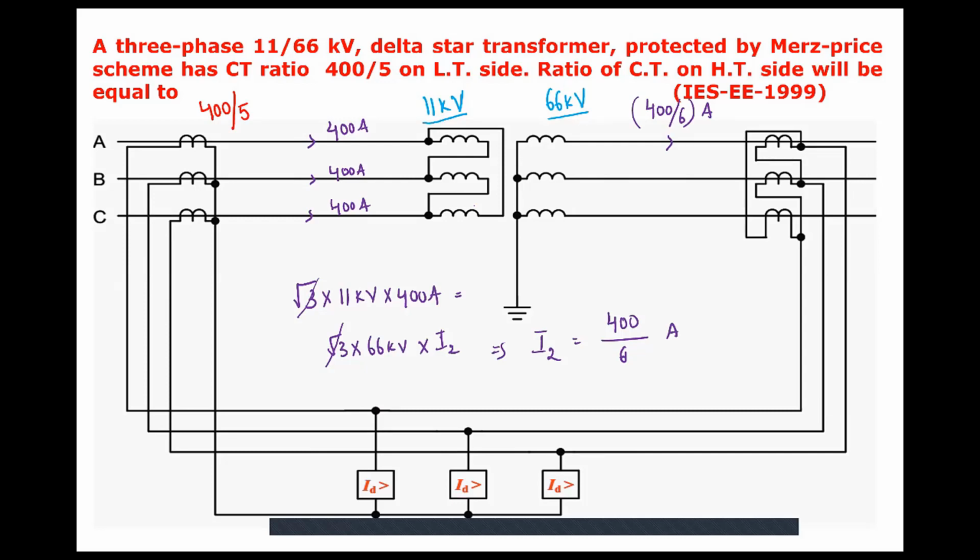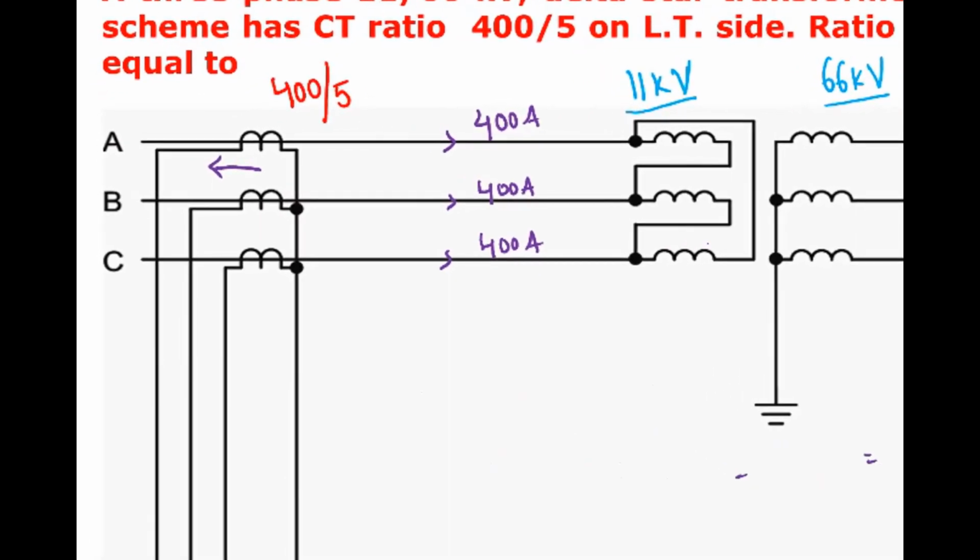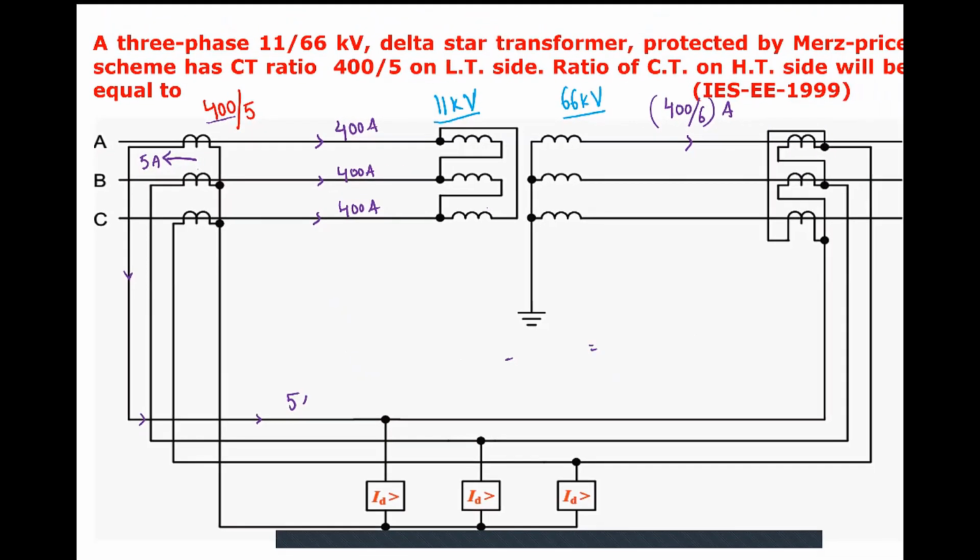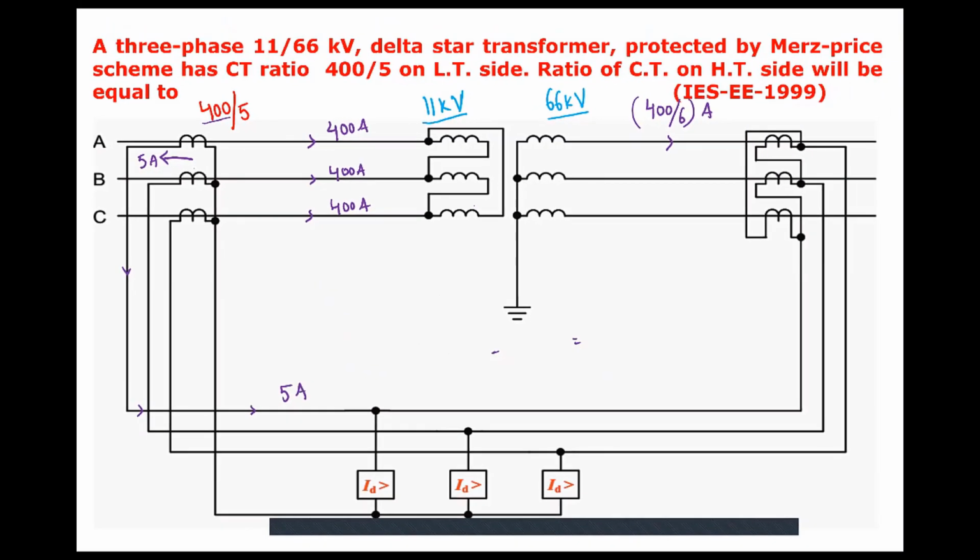Now, I have to select a CT ratio such that when my system is healthy, when no issue is there, the current coming in the pilot wire is the same. Here how much current is coming in this pilot wire? When 400 ampere is flowing in the primary, the phase current is 400 ampere, so here the CT secondary current will be 5 ampere. So this 5 ampere current is flowing through this pilot. Now I have to select the CT ratio such that from this side also 5 ampere should flow. Here the current should be 5 amp.